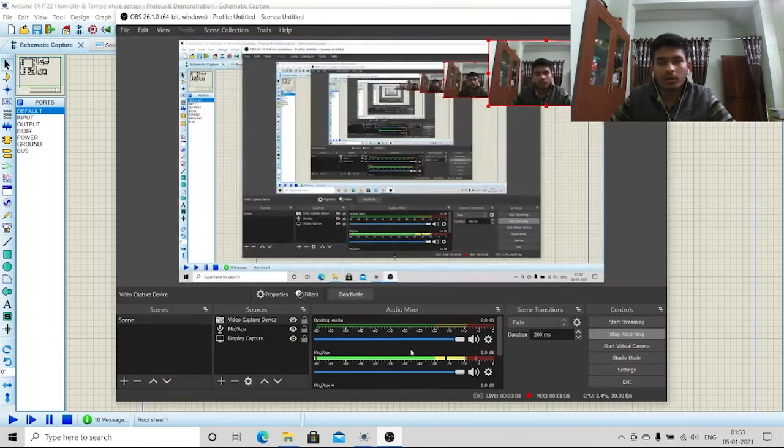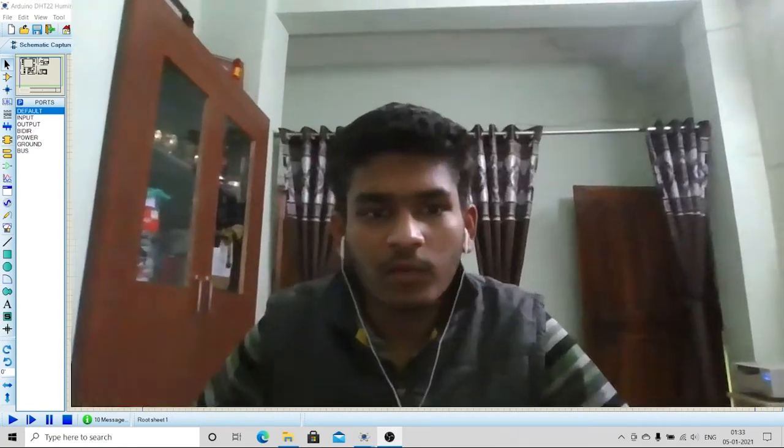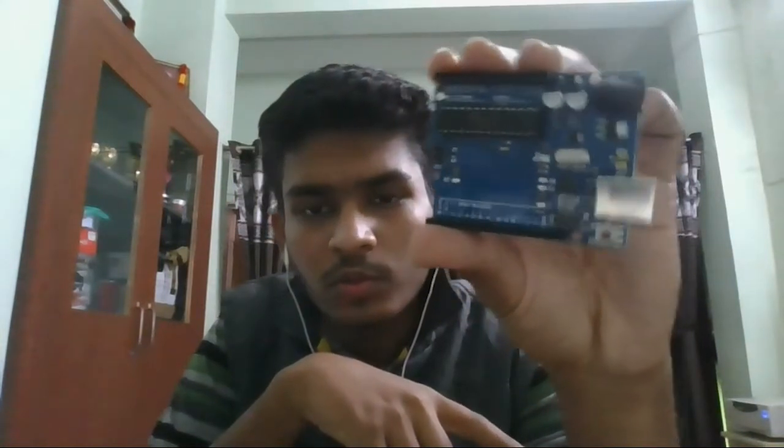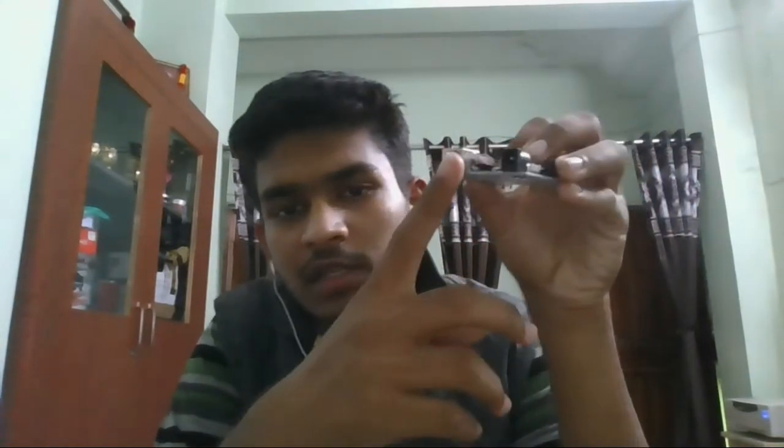Let me show you how an Arduino looks like and what a temperature sensor looks like. This is an Arduino Uno. From here we generally send the code, whatever we have written in Arduino language, to the Arduino so that it can control the hardware connected to it.